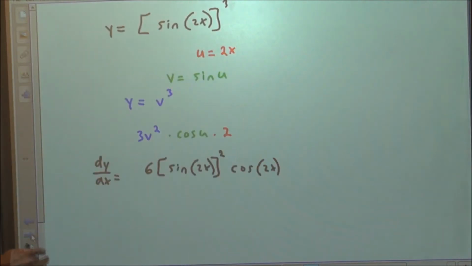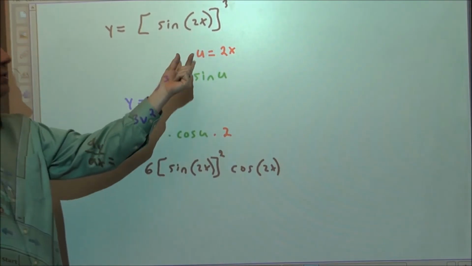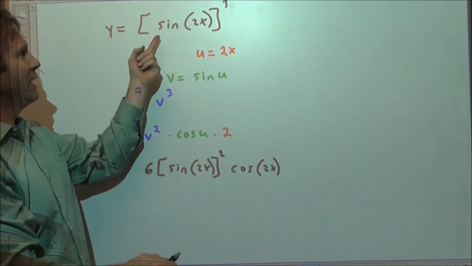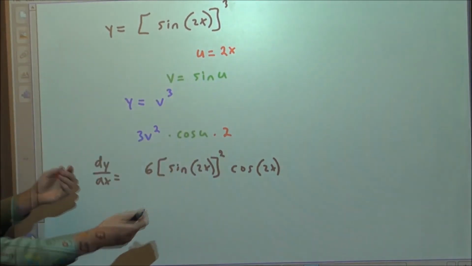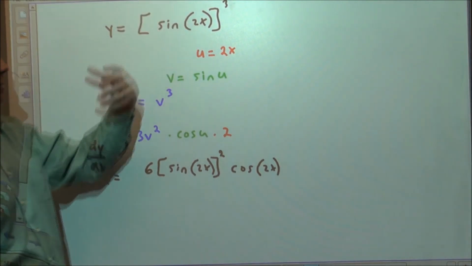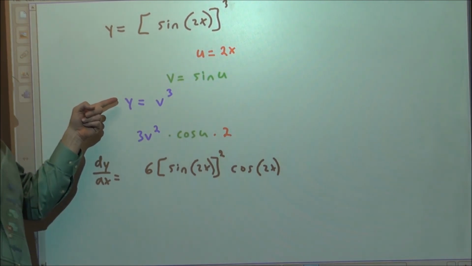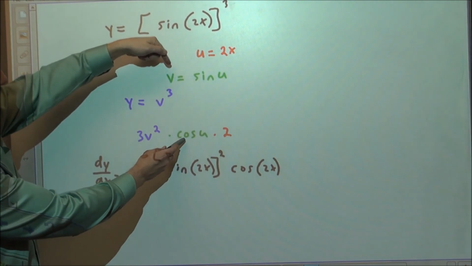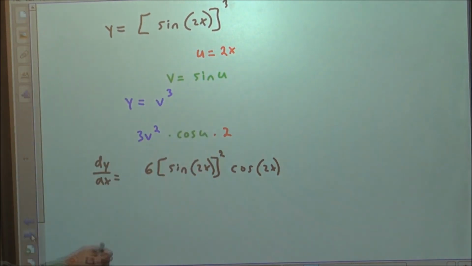So how we will do that is we'll say, okay, let's go to this. We'll go to the innermost function. We'll say u is equal to 2x. We'll work our way out from that. We'll say that v is equal to the sine of 2x. Then we'll work our way out from that and just say that y is equal to v cubed. So now all we have to do is take the derivative of y with respect to v, the derivative of v with respect to u, and the derivative of u with respect to x, and multiply them together. So in the end,